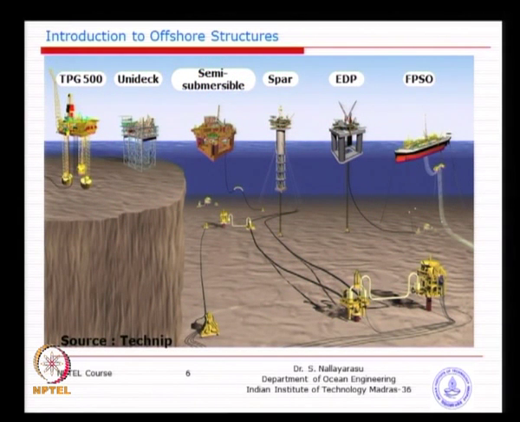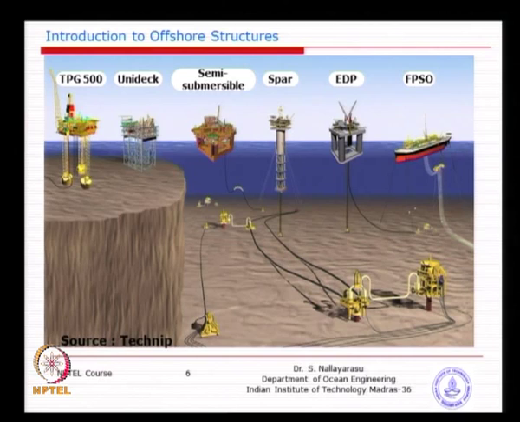Over the period of time, various types of floating hulls you could see. Some of them are like a semi-submersible. We will see what is the meaning of semi-submersible. Basically, the idea is the hull has the vertical columns as well as the bottom pontoons submerged below water with a reasonable excess buoyancy. And the spar, the extended drilling platform, is very similar to a semi-sub, except that the bottom is having another deck for supporting some of the equipments. And a typical floating production and storage and offloading.